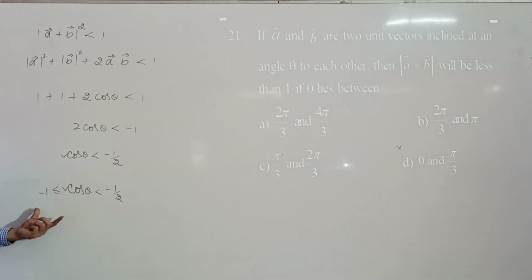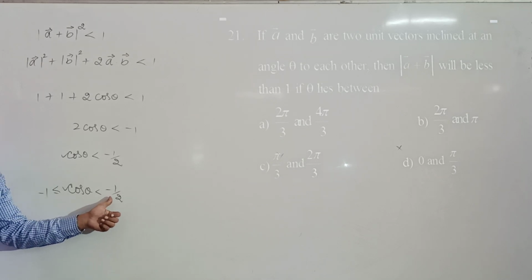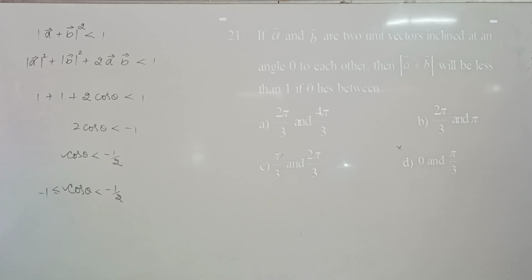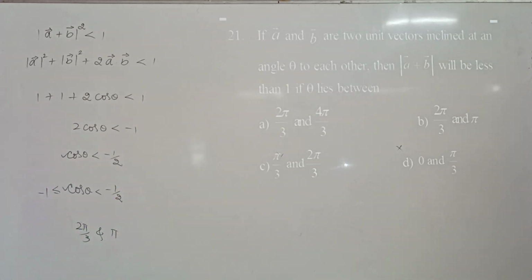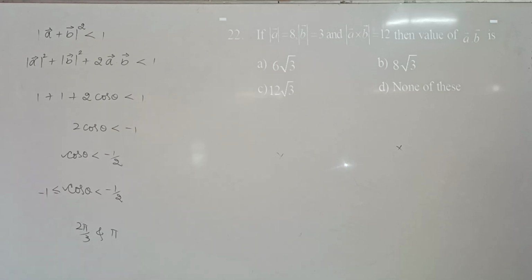Okay, cos theta will be minus 1 at theta is equal to pi and minus 1 by 2 at theta is equal to 2 pi by 3. So the answer is it lies between 2 pi by 3 and pi. See, in this interval, cos is a decreasing function. That is why at pi we have cos pi as minus 1 and cos 2 pi by 3 as minus 1 by 2. So the answer is option B, between 2 pi by 3 and pi. Okay. Then,